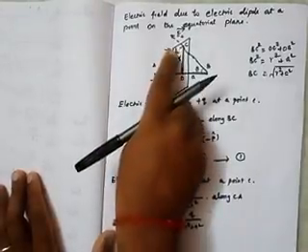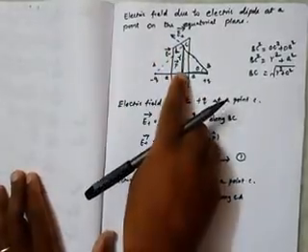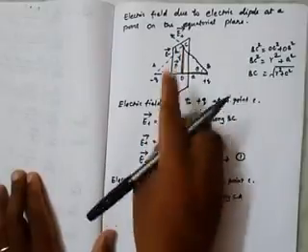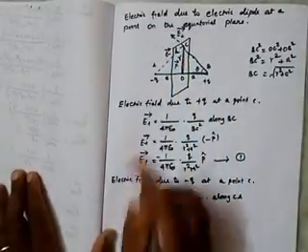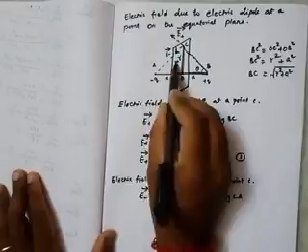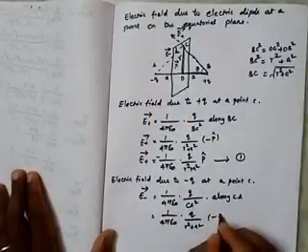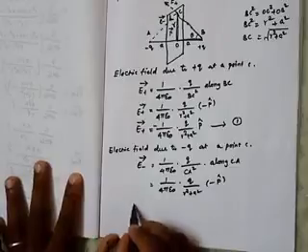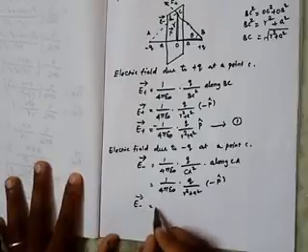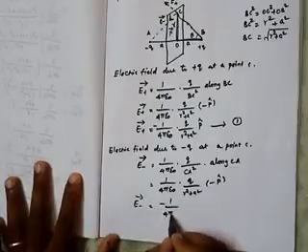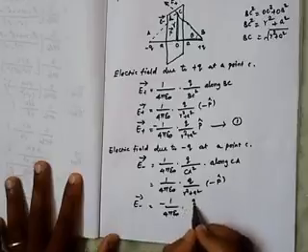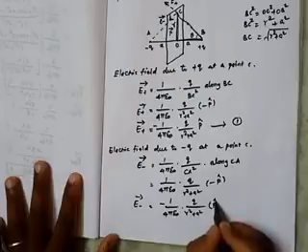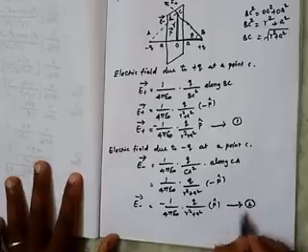Along CA means it is acting in the downward direction, but from the equatorial plane it is acting in the left direction only. So it is acting opposite to the p vector, so we can write minus p cap. Okay students, so from this it can be written as E minus vector is equal to minus 1 divided by 4 pi epsilon naught, q divided by r square plus a square, p cap. This is equation number 2.